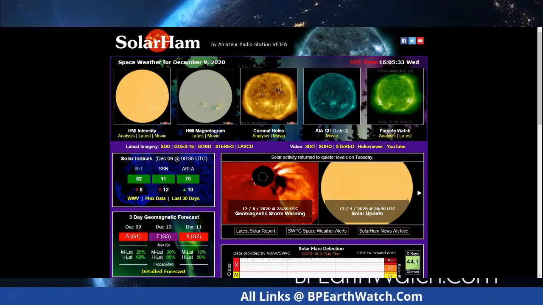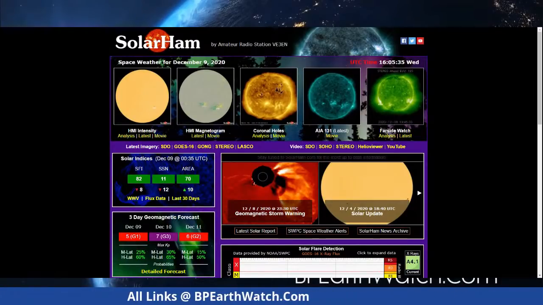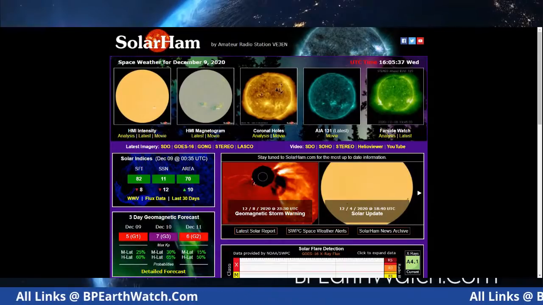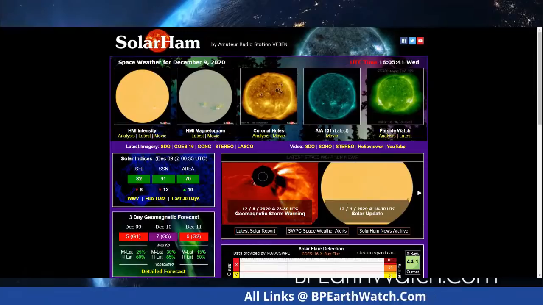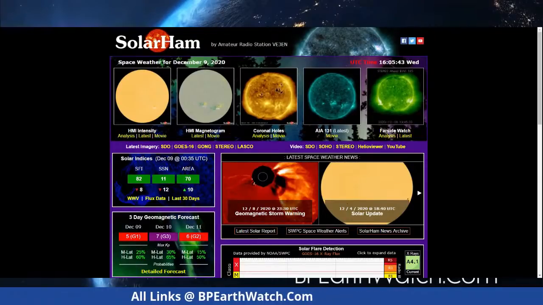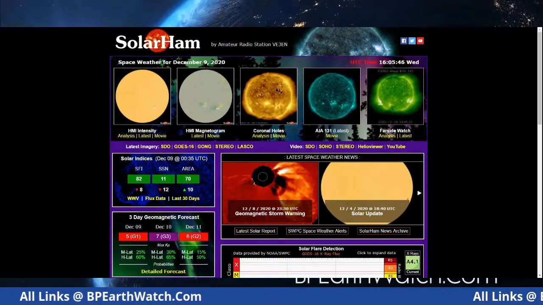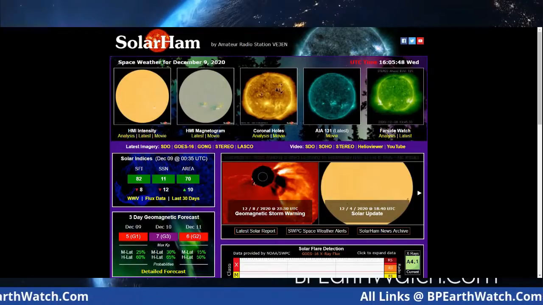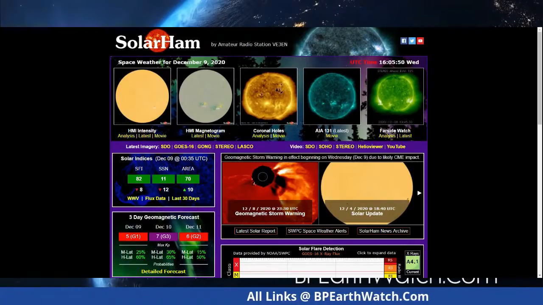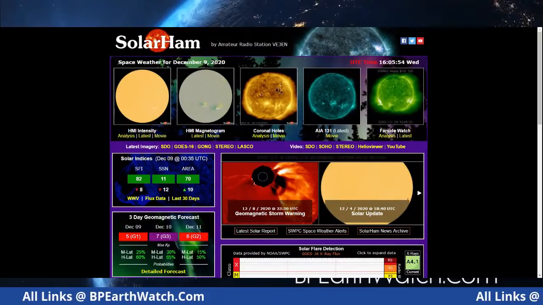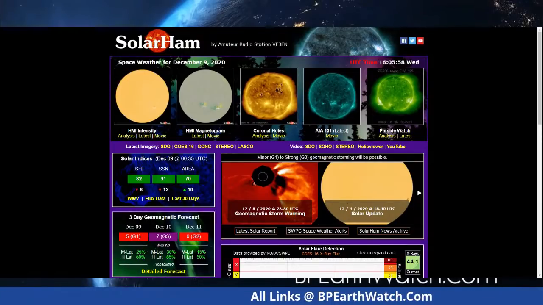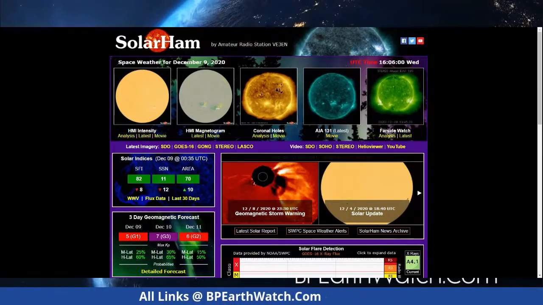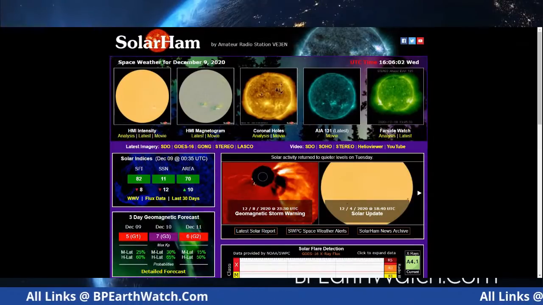It gives you a lot of information. Right here it's saying stay tuned to Solar Ham, and it goes through this ticker. They're looking for geomagnetic storms today, and I've already noticed in the comments that a lot of people are feeling it. And every time we do this, the same thing. Geomagnetic storm warning is in effect beginning on Wednesday. It could go from a G1, which is minor, to a G3, and that's what they're talking about, the possibilities.